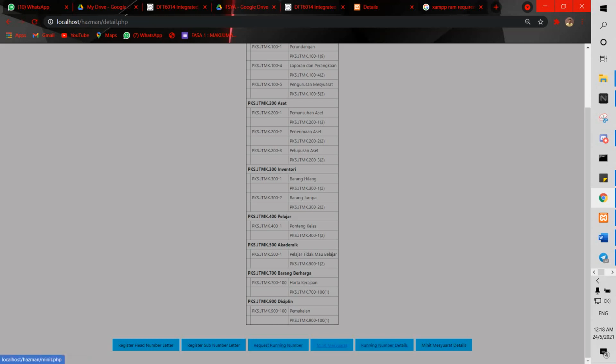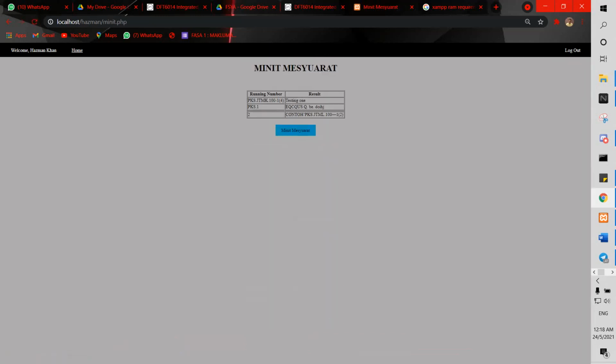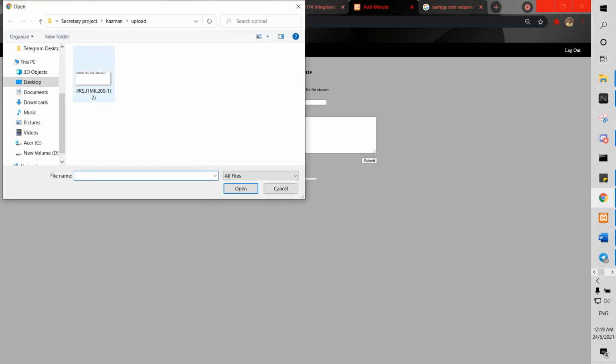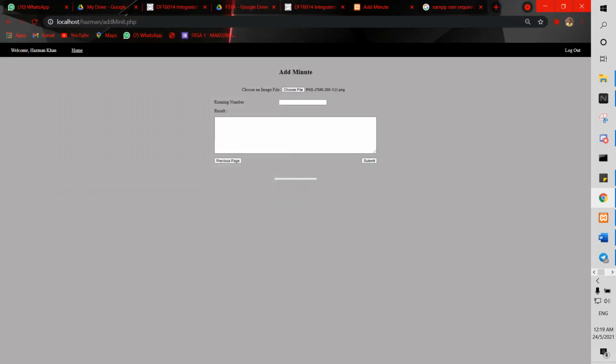So the second function we want to use is the minute mesyuarat. Okay, here is the result and the running number that we can put. Okay, when we go to the minute mesyuarat, we can choose the file that we want to upload, and let the OCR translate it, to digitalize it. So this is an example. Okay, we upload the file. So here is the